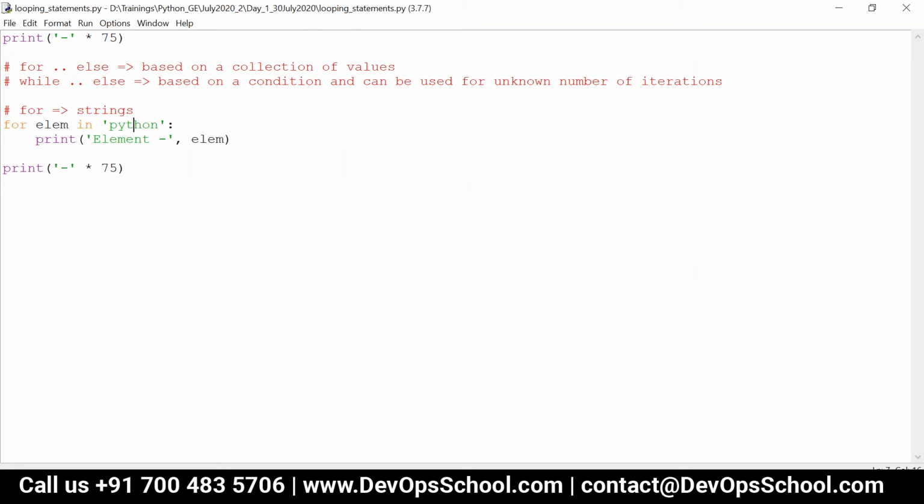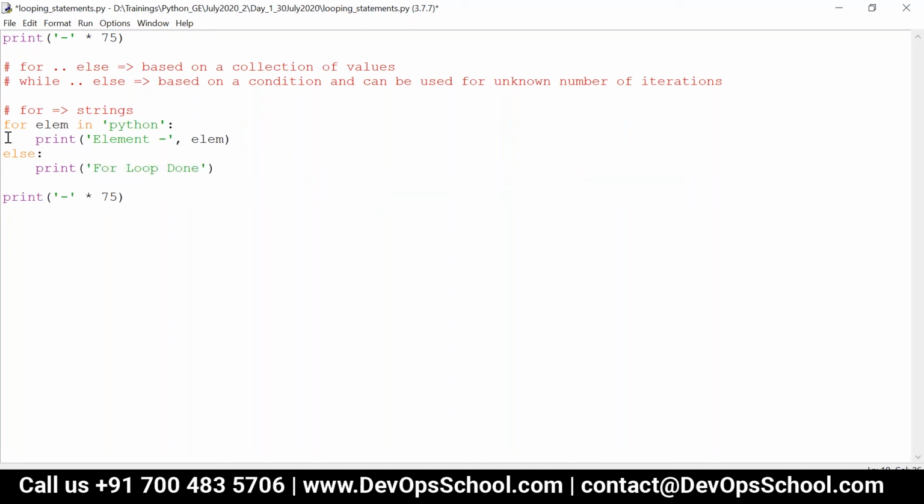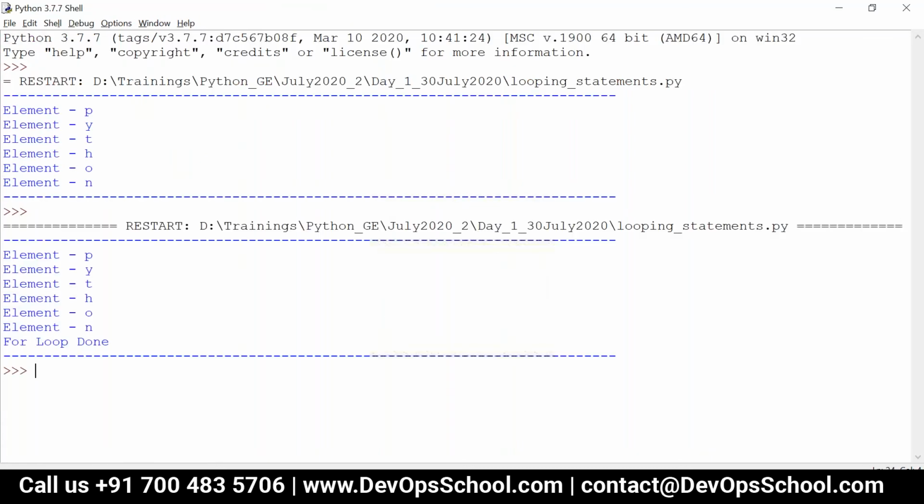All right, now I can have else clause also. That is, else clause indentation should be appropriate to the for indentation. I can write else over here, else print for loop done. Okay, now if I execute this, what will happen?